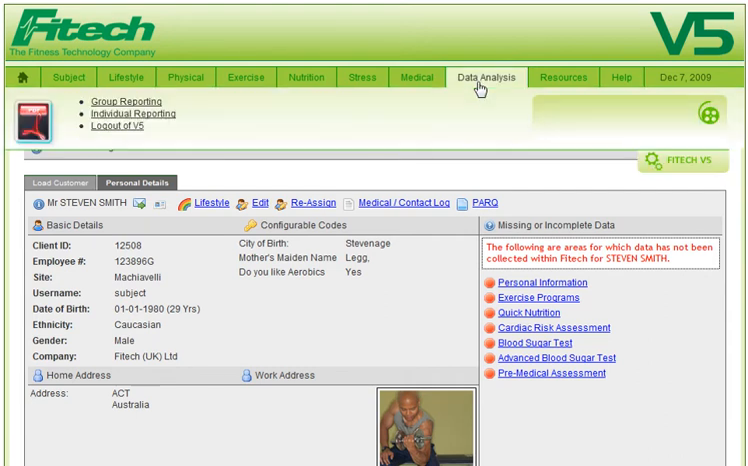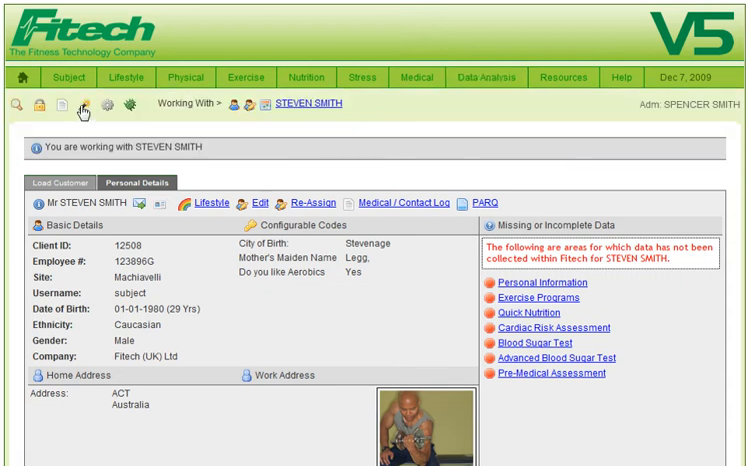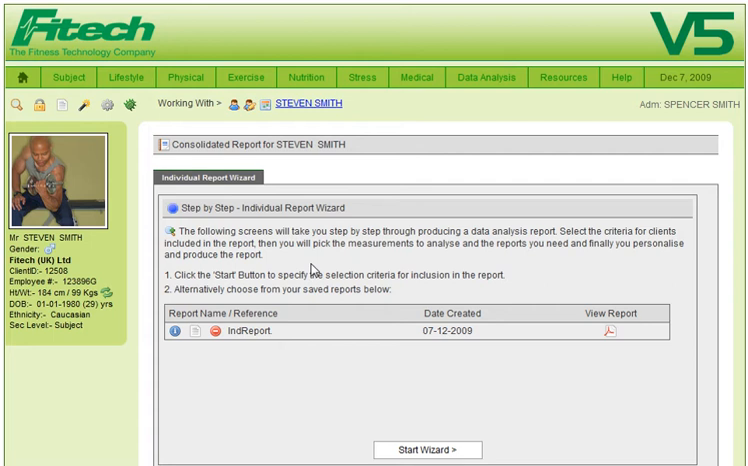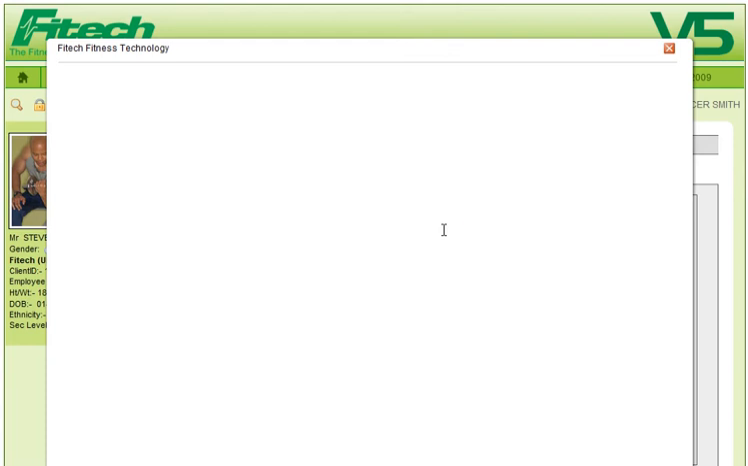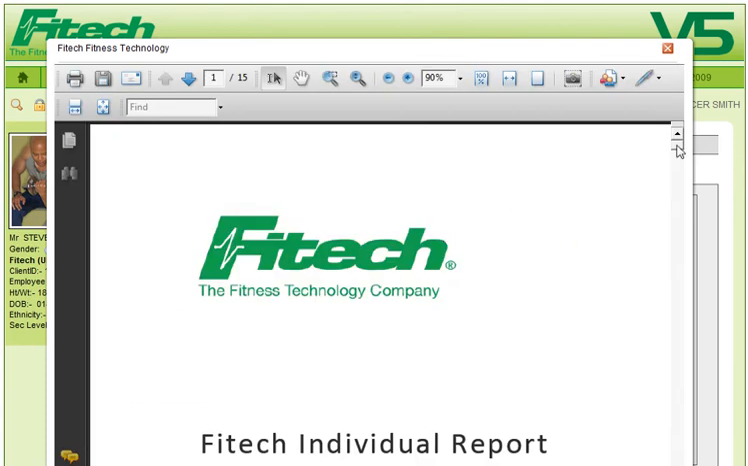The other method, if you've subscribed to the data analysis module, is to mouse over that and then you will see the individual reporting link. So let's just click on the wand wizard or the wand icon, and that will take us to the individual report wizard. You can see that in this particular case the individual's got one individual report that's already created against them, and you can launch that report by clicking on the PDF icon, and that will then load up the